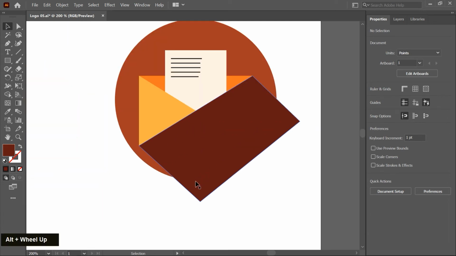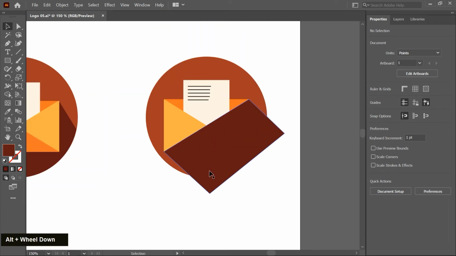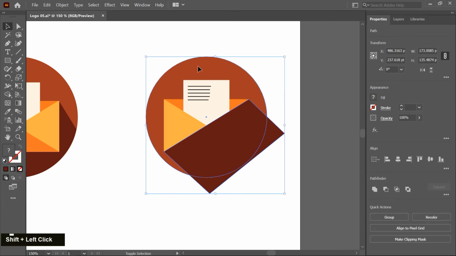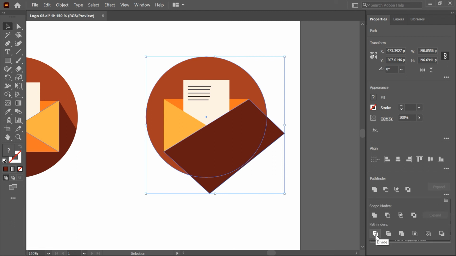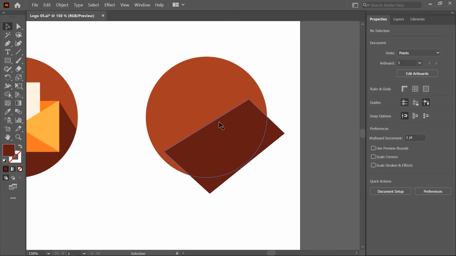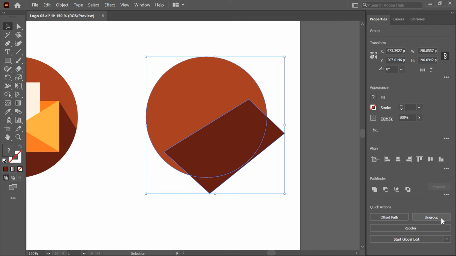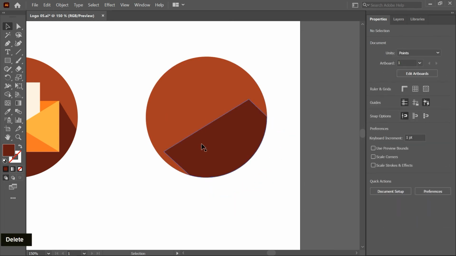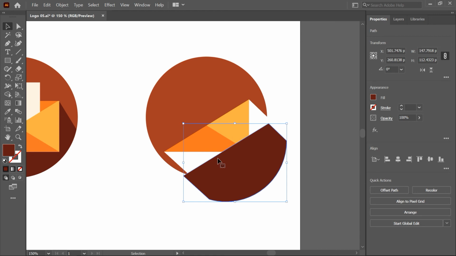Now I break this extra area. First I select this shape, and then pressing the shift key I select this circle, and then apply divide from the Pathfinder tools. So this shape is divided now. If I click outside and select this again, first we have to click on ungroup to ungroup this shape, and delete this extra shape, and this shape breaks into two objects.